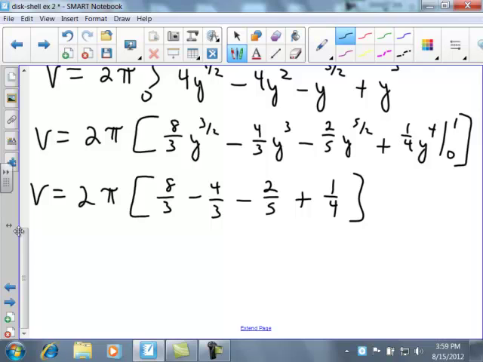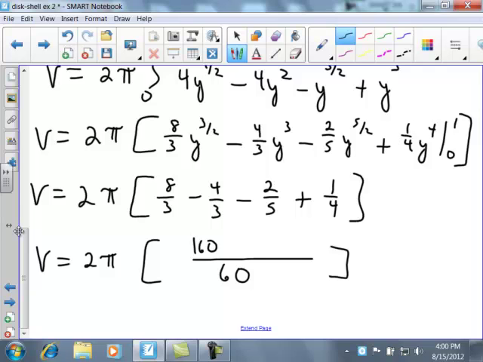Alright, so now I need a common denominator. So my volume is going to be 2 pi times, get your common denominator here. So 5, 4, and 3, that's going to be 60. So I'm going to use 60 here. So I multiply by 20, that's going to give me 20 times 8 is going to give me 160. 20 times 4 is going to give me 80. And then 2 times 14 is going to give me 28. And then 4 times,